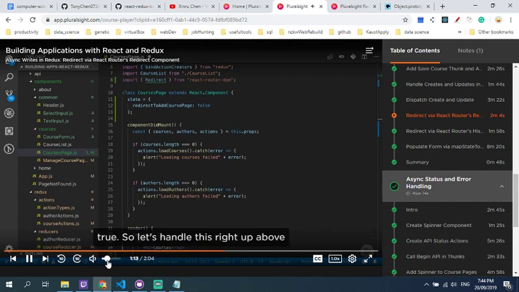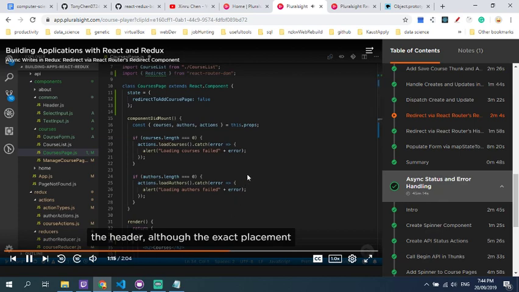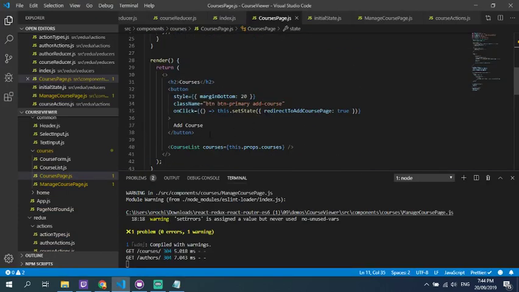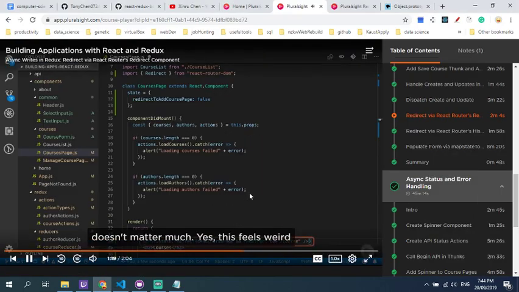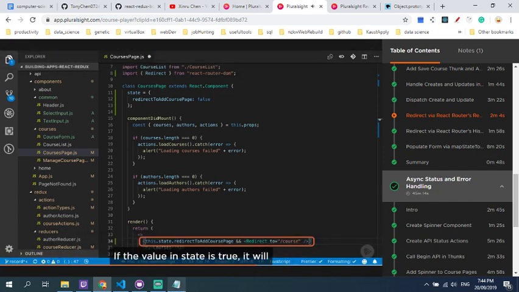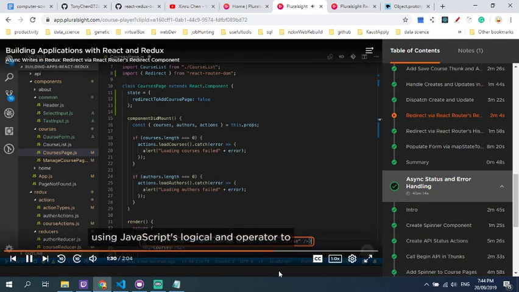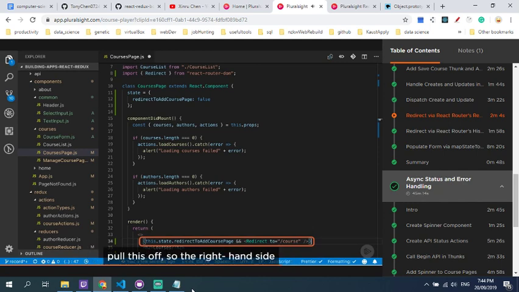So let's handle this right up above the header, although the exact placement doesn't matter much. Yes, this feels weird at first. Render has a side effect here. If the value in state is true, it will redirect to the add course URL. We're using JavaScript's logical AND operator to pull this off, so the right-hand side will only evaluate if the left-hand